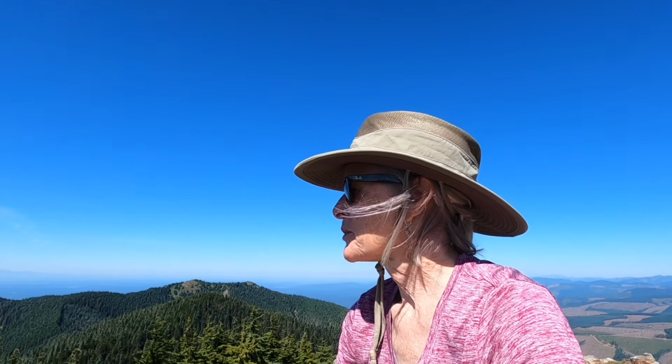So it's been nice. My GPS measured that at 7 miles to get up here and 4,100 feet of elevation gain. So I'm not sure if that's because I started from the other trailhead, but I took a screenshot of that, and then I'll see, usually on an out and back it should double, but I'm not sure if I walked around a little bit extra, and it did skip in one part. So when I get back down to the trailhead, I will give you an update on the approximate mileage and